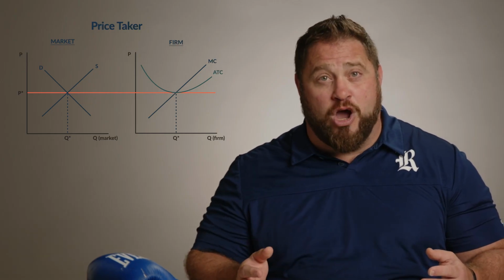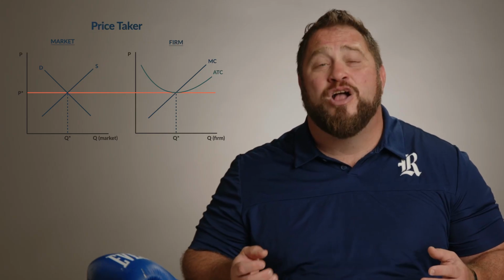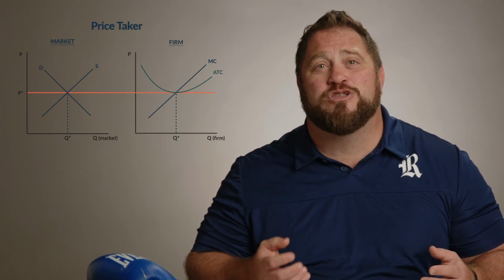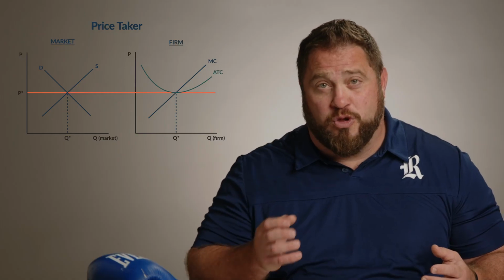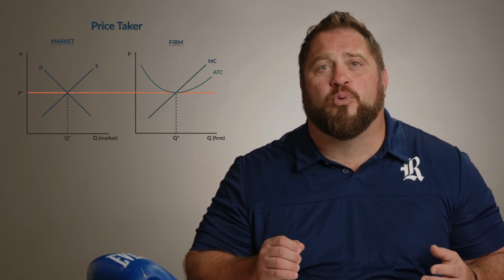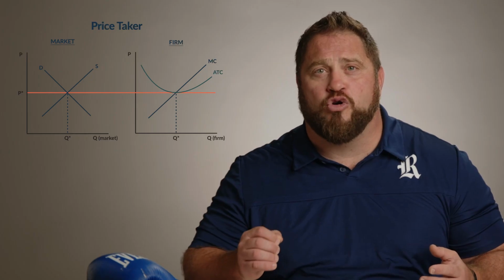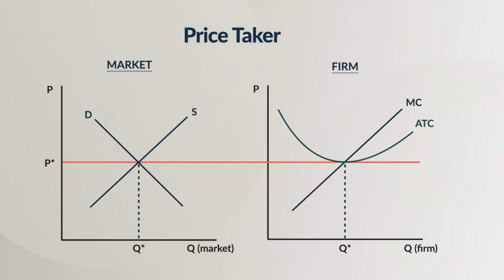Of course, we always produce where our marginal revenue equals our marginal cost. Here, what I'm going to show you, because we're price takers, we have no power over the price, is that the price is going to be equal to the marginal revenue. So not only do we produce where the marginal revenue equals the marginal cost here, we produce where the price equals the marginal cost. And in this graph, we are at our long run, what we call zero profit condition, where the price also equals the average total cost.